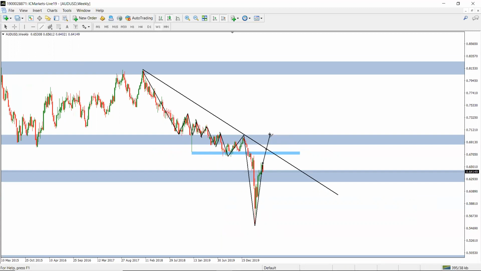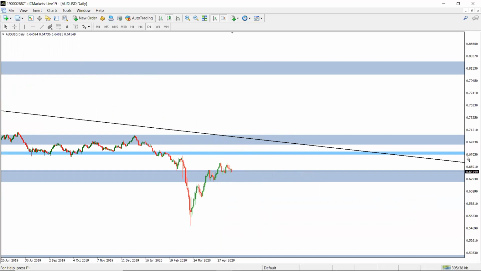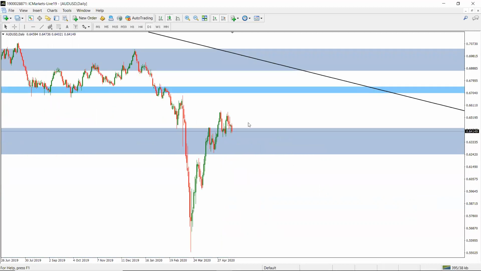Could this be a continuation of a push? Then later we have the exhaustion, then we have the further push at this point. Well, we don't really know about that. So that's why we need to go to the smaller time frame to simplify things. So now let's go to